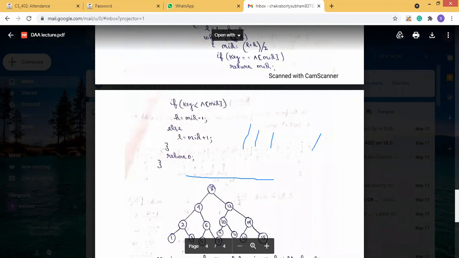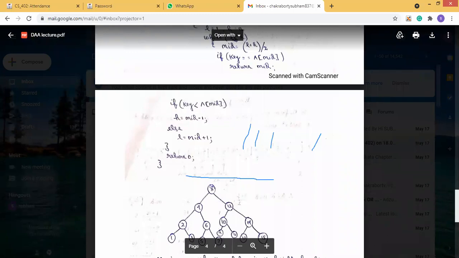In the binary search algorithm, first you have to put the return type, that the array index will be returned. Inside the searching function, we pass the array elements, the size of the elements, and the key value which we are searching. We set low equal to 1 and high equal to n, because n elements are present in the list.